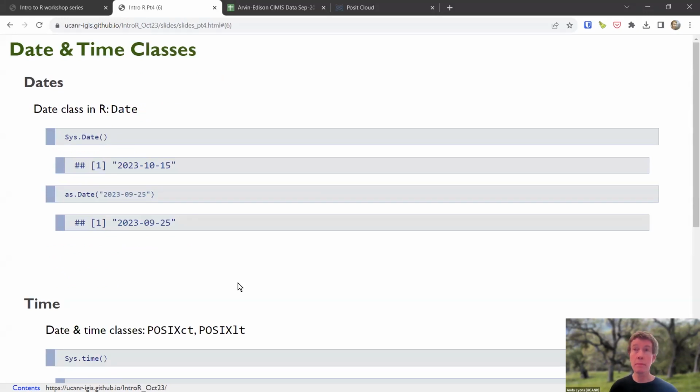So let's talk about date and time classes in R, because the good news is that R is really good at handling dates and times. There is a class, and we've seen numbers, we've seen characters, but there's a date class, designed to hold date data. And if you just type at the console Sys.Date, it'll return today's current date as a